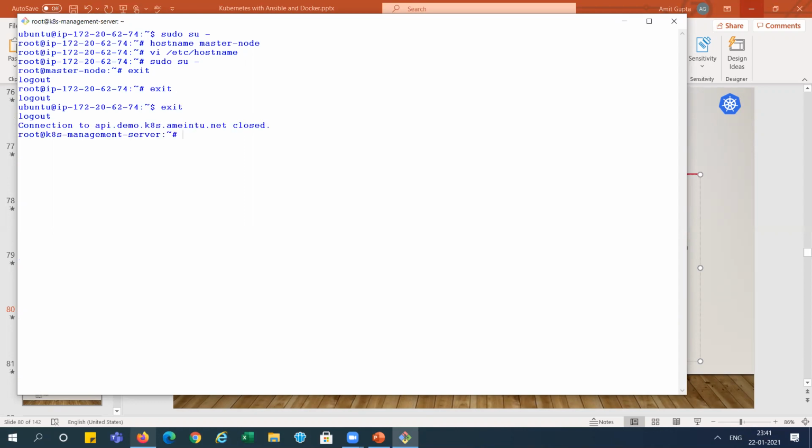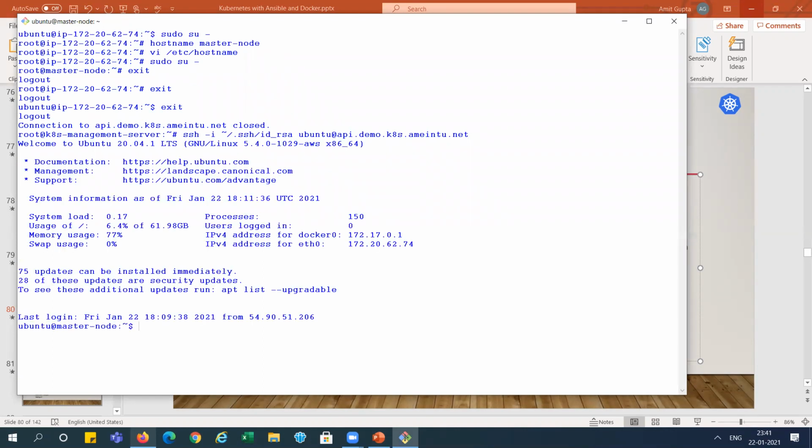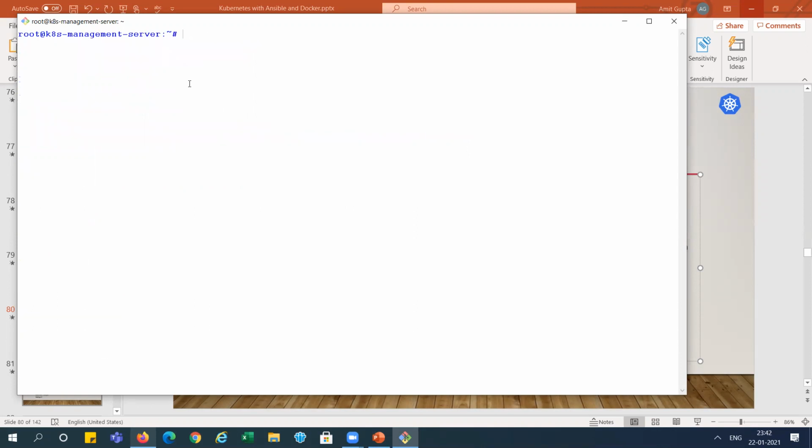Okay. Now we reach the management server, right? And you can see here, if we try to connect to this server again, we will reach directly to the master node, right? And if we exit from this server, we will directly reach the management server. We will do the same thing with the Ansible system with the Docker one, like the last demo I showed you. So this is already configured from the management server to the master server, right? So currently we are in the master management server, right?